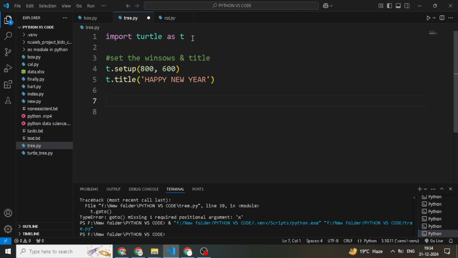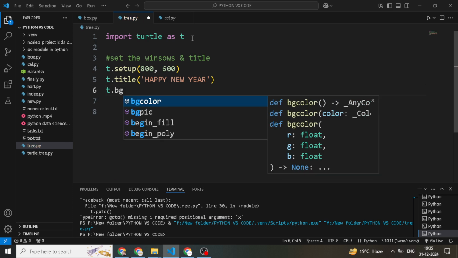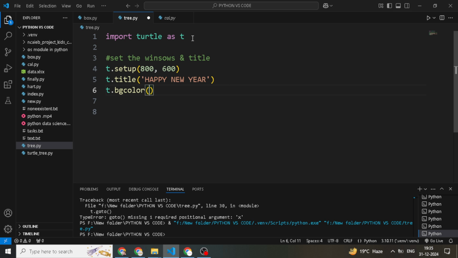Now we also set the background color of the window with t dot bgcolor. Select the color red. In this line we set the background color to red to create a cheerful holiday mood, and set the turtle shape, or pointer, to draw.